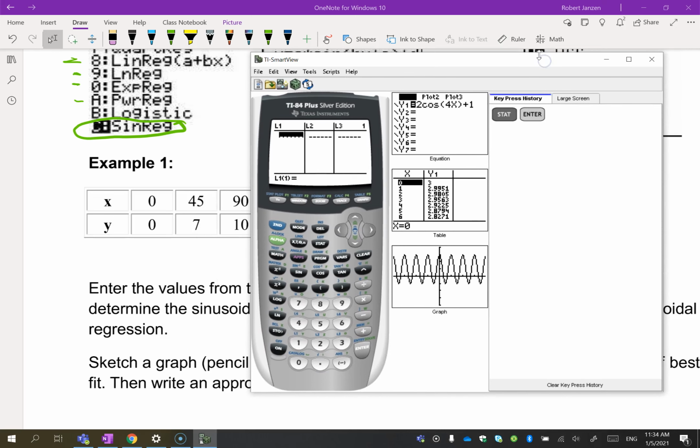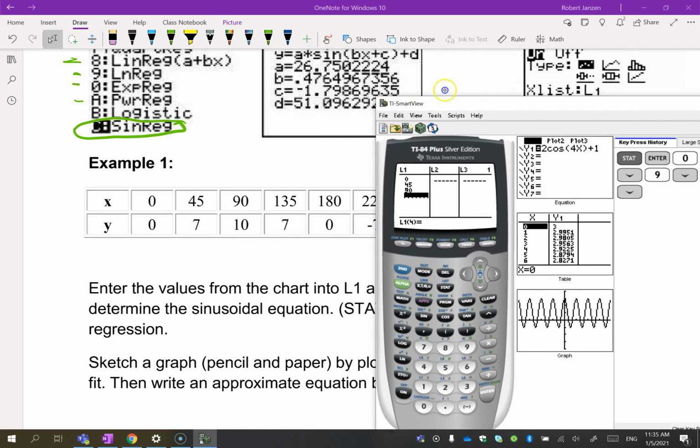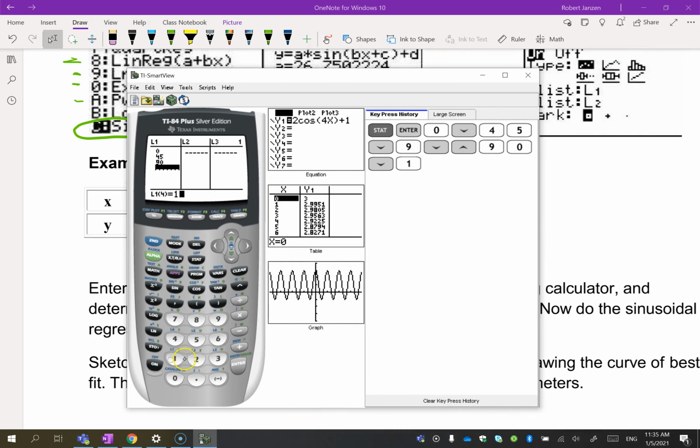So I'm going to enter 0, 45, 90, whoops, be careful that you don't make a mistake like I just did there, 90, 135,